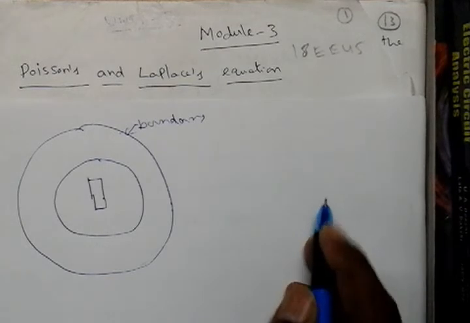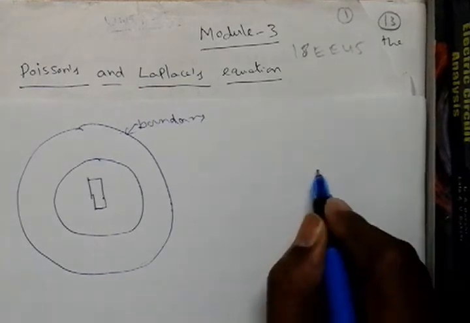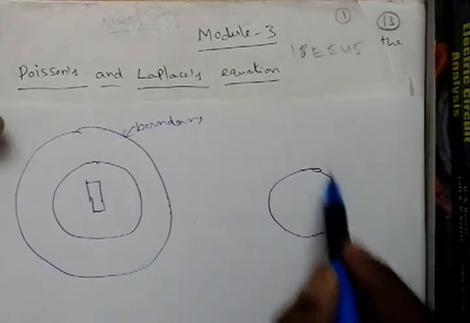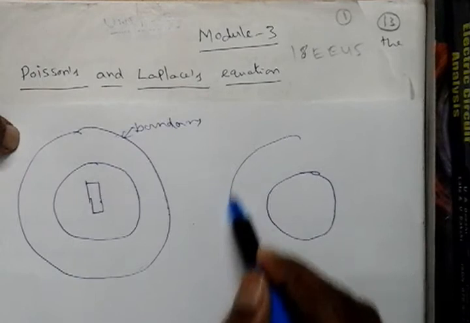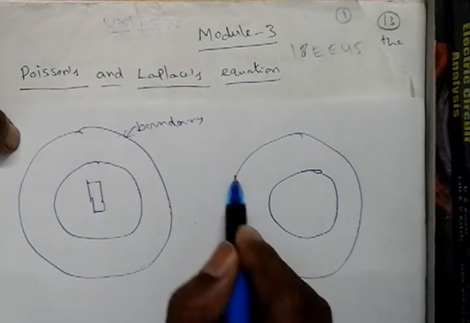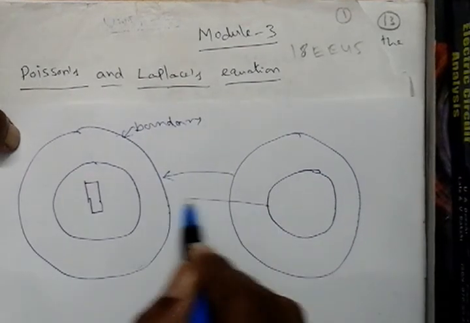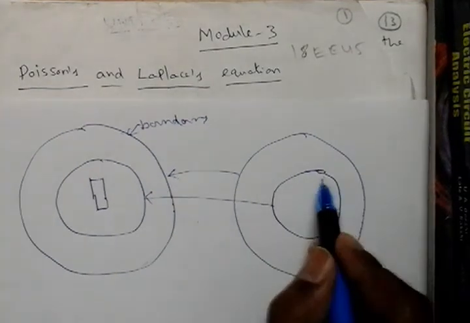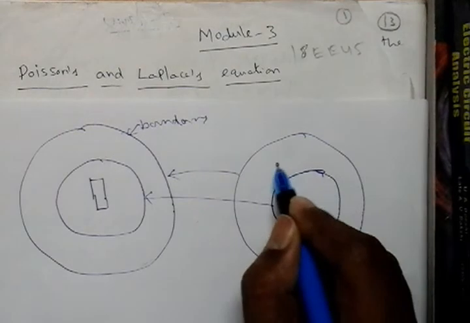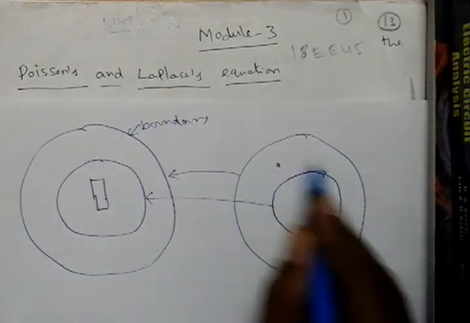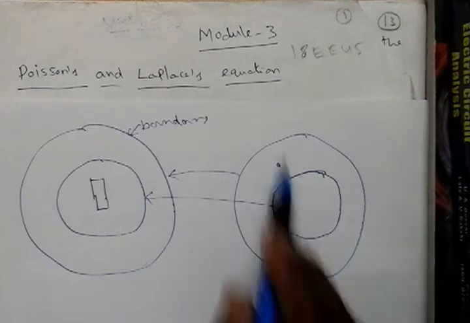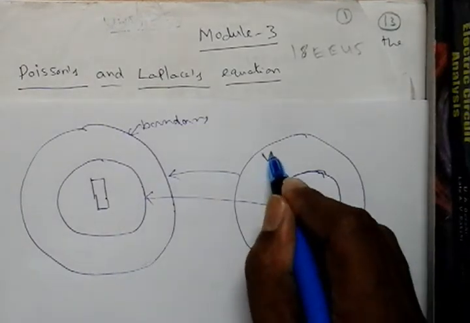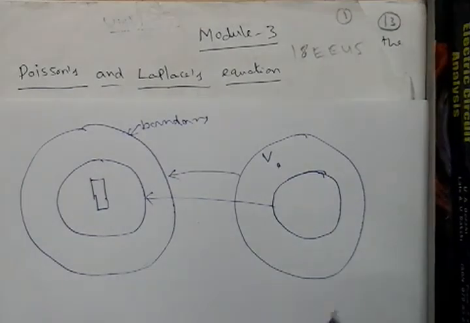Similarly, this can be compared with the electric field problem also. That means consider this is called an inner conductor. On this there will be a charge present, and consider this is called an outer conductor. Outer conductor is nothing but a boundary line. The inner conductor is nothing but an inner circle. Now, because of the charge present on this, there will be an electric field anywhere inside this boundary line, that is called the outer conductor. So at this point, assume the potential is V, that we need to determine using this Laplace equation.